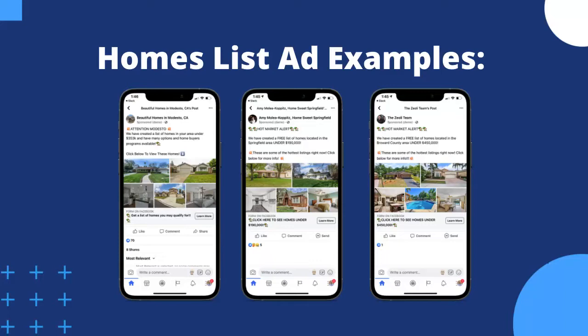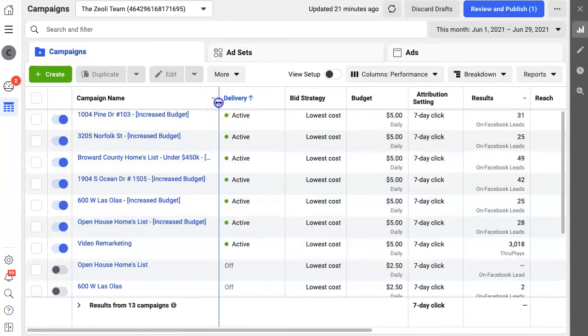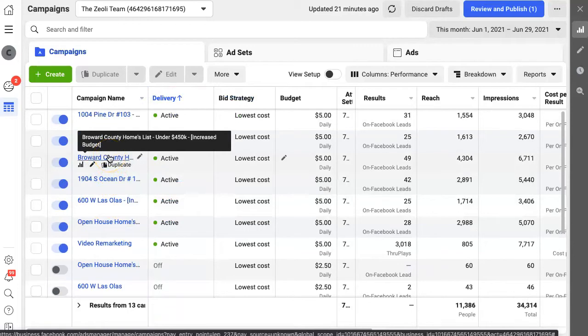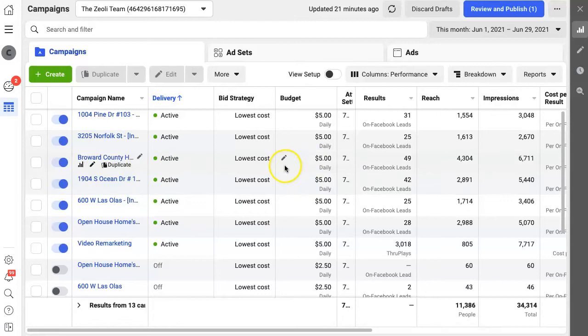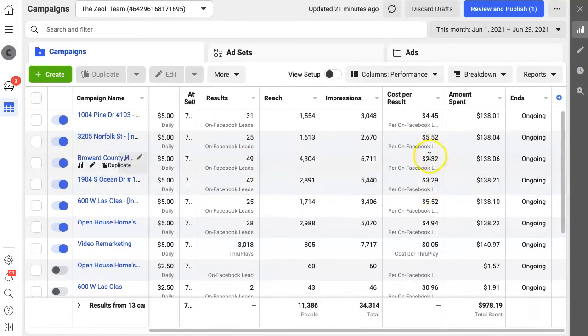While this is not a strategy conversation, what I am going to do is jump behind the scenes into a Facebook ad account and show you what results you should look for when it comes to measuring the success of the homes list strategy. So in this ads manager, we're behind the scenes. You can see we're looking at the Zioli Teams account, and this right here is a homes list priced at $450. So we're giving a free list of properties available under $450,000. And if you look at the budget, it's a $5 daily budget. So far, we've got 49 leads, and our cost per lead is